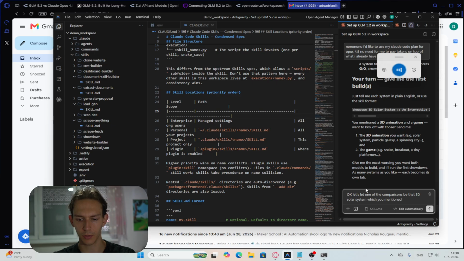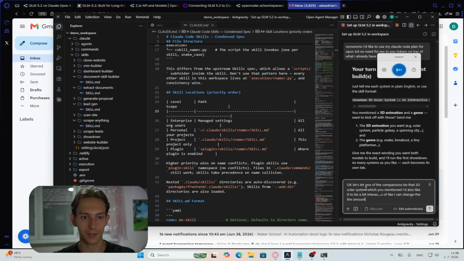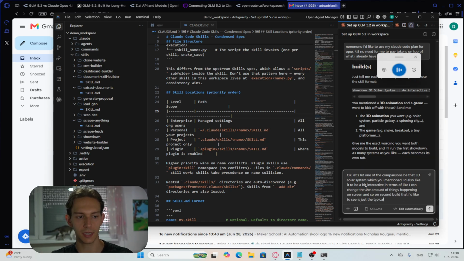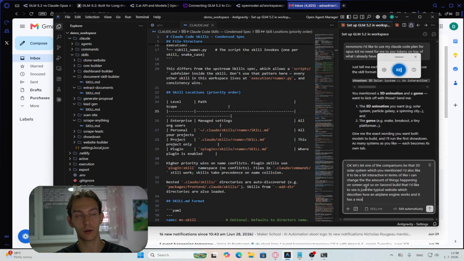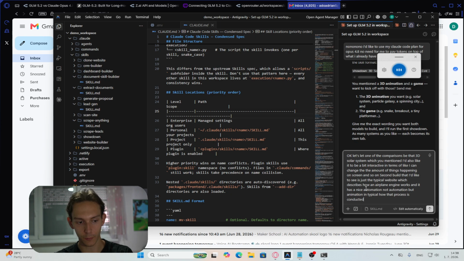I'd also like it to be a bit interactive in terms of, like, I can change the amount of things happening on screen and so on. Second build that I'd like to see is just a typical website which describes how an airplane engine works. And it has a nice animation in typical how that process is conducted. The third one that I'd like to see,